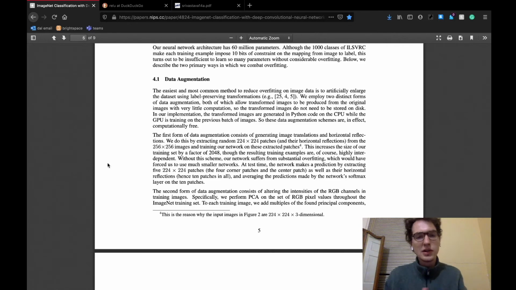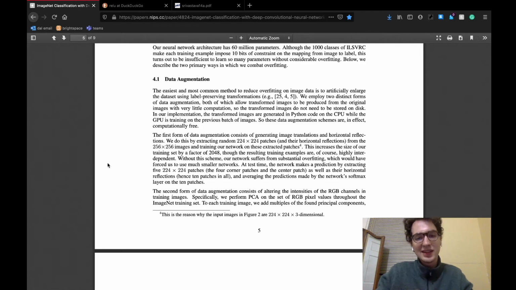Basically, all of those three things are kind of summarized in this data augmentation section. Another interesting thing is that this is all done on the computer's CPU, while the calculations were done in the GPU, which allows it to not contribute to the time complexity of the algorithm, making it essentially free.